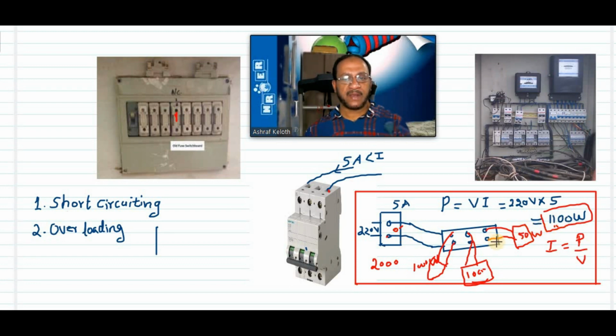So you cannot plug a high power device like a polishing machine or any other device that takes more than 1100 watts here. If you plug it here, that is overloading. What will happen? When you switch on, current will be more than 5 ampere, the fuse will melt or the circuit breaker will switch off. In such a situation, suppose you want to polish the room,